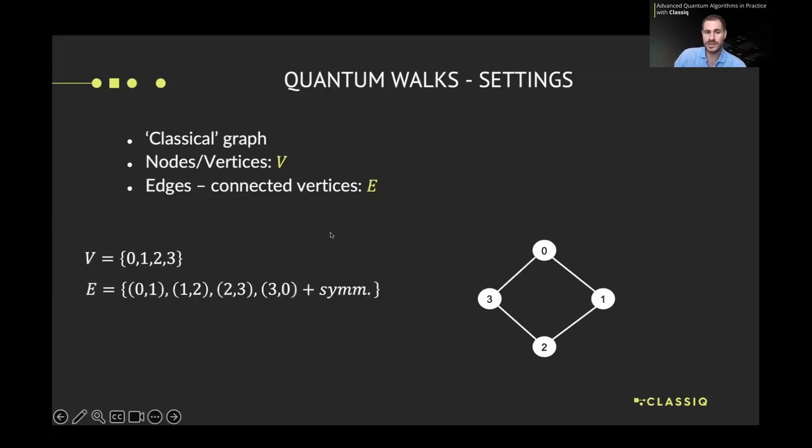And the set of the edges are all the tuples with 2 connected vertices. So we have 0 and 1. This is an edge. We have 1 and 2, this is another edge. We have 2 and 3, another edge. And 3 and 0, another edge. And we have all the symmetries of this: 1 and 0, 2 and 1, 3 and 2, and 0 and 3, etc. So this is a small example of a graph, and this is the example that we'll have in mind